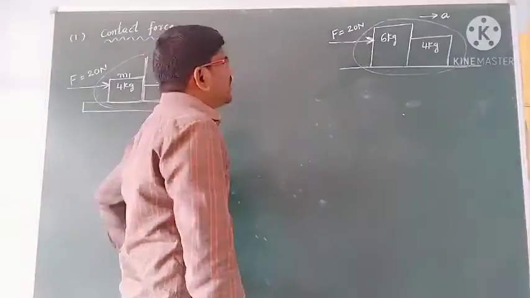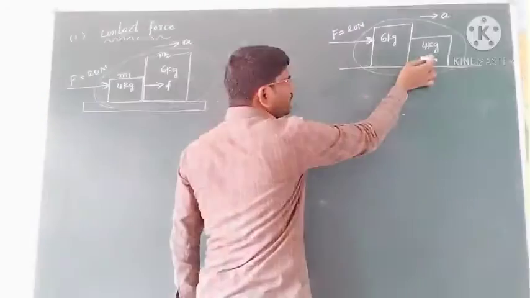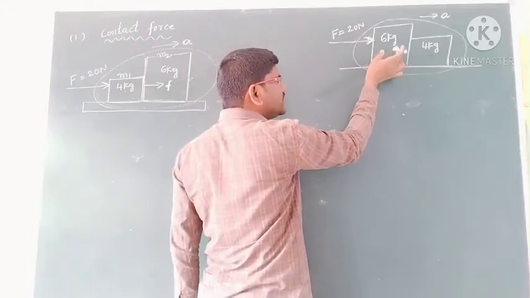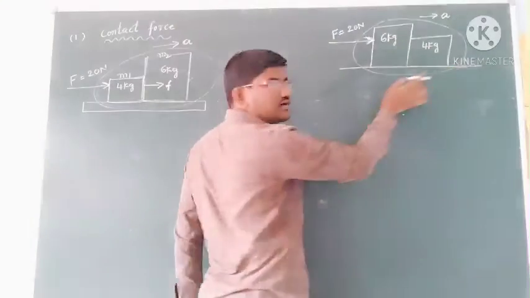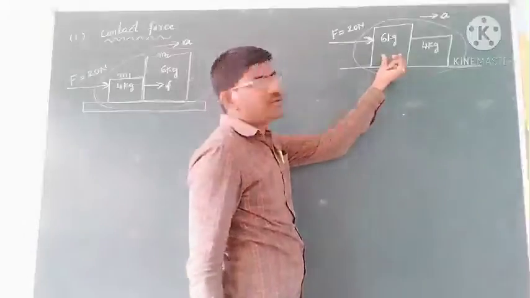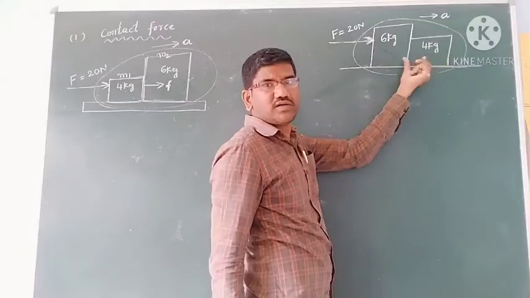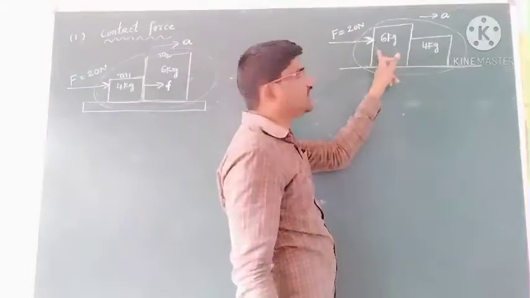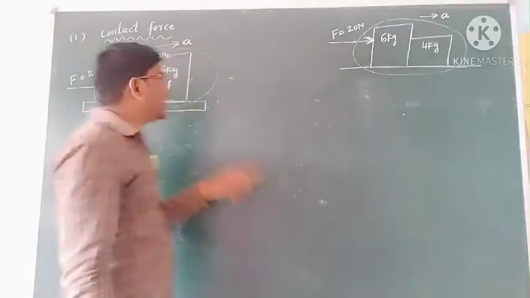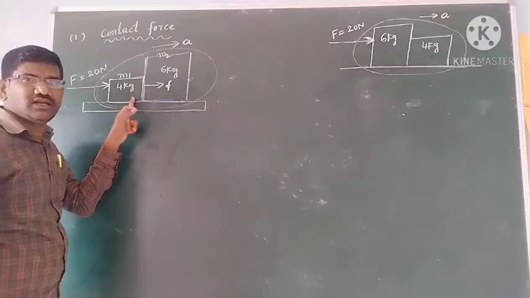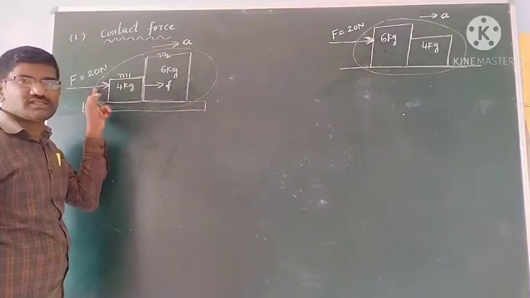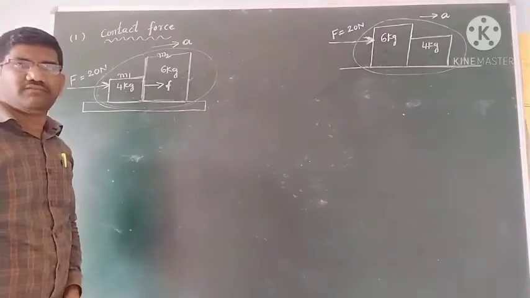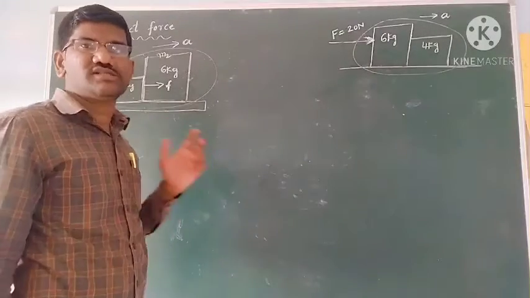Okay, students, now see, 6 kilogram is pushing 4 kilogram. The only restriction is that I am considering, because of this applied force, both the blocks are moving. Think of suitcases: this is the big briefcase and this is the lighter briefcase in contact with each other, and we are pushing the heavier object here, and the heavier is pushing the lighter. And here the lighter is pushing the heavier. So applied force is directly on the lighter, and that lighter is applying the force on the heavier. Okay, then what are the contact forces? I want to know it.